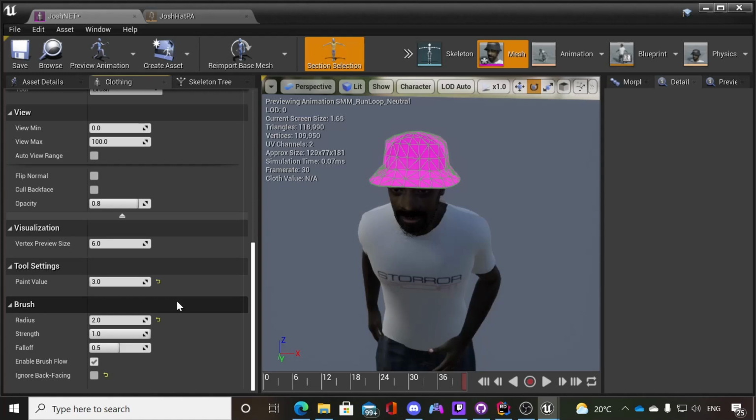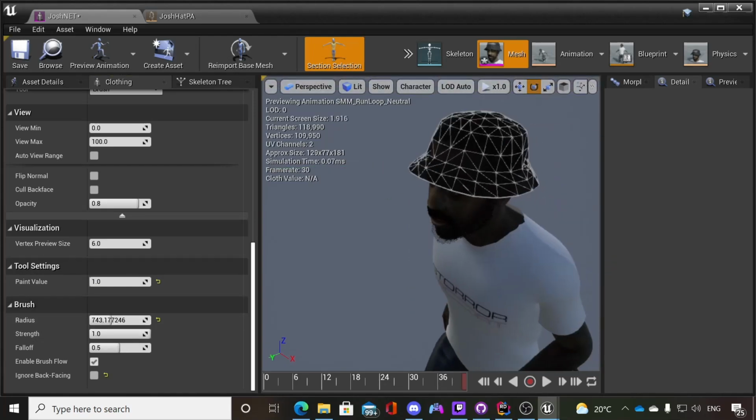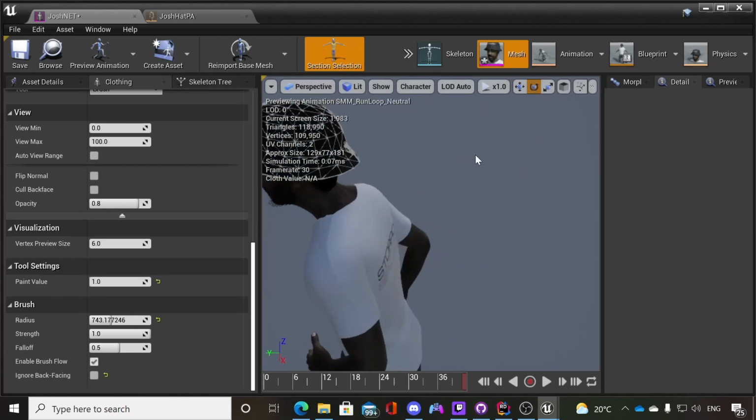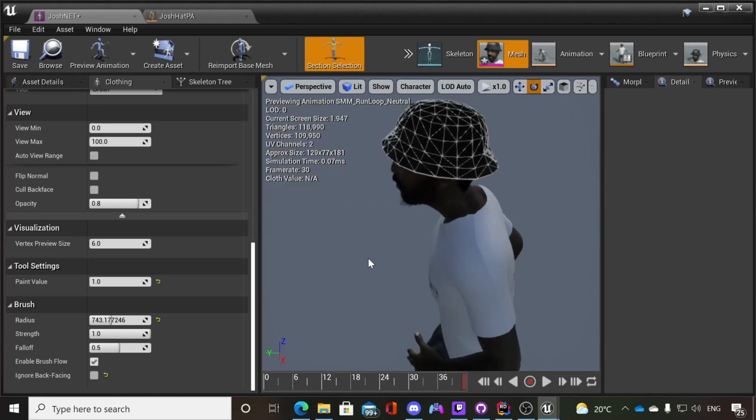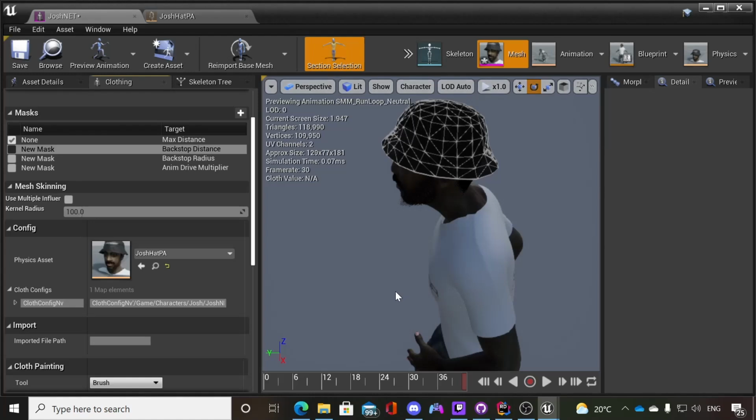I'm going to apply it to the whole thing. This is basically saying, if the max distance value for a painted part of this region is greater than this backstop distance, so the backstop distance is within the max distance, I'm basically going to